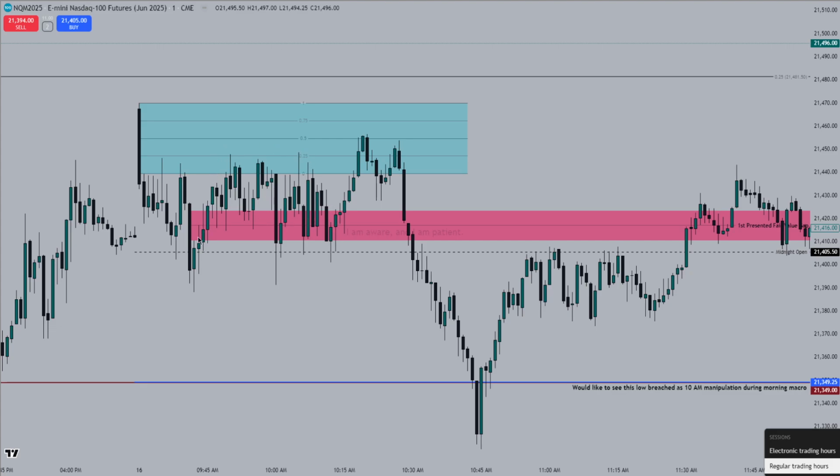So as you can see, price opens, runs lower, gives us our first presentation for value gap, runs beneath midnight open once, twice, and then starts to run away from it. And from there, we kind of accumulate inside of that gap until we find energy. This is actually after the 9:50 to 10 a.m. macro, which is opposite what I expected.